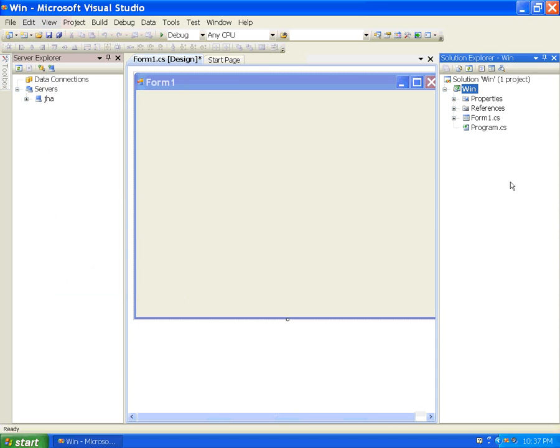The third important part of the .NET framework is Solution Explorer. This is Solution Explorer. In Solution Explorer, we can see the list of solution names, project names, and all the forms and modules that are used in the project. We can access it by double clicking on the Solution Explorer.